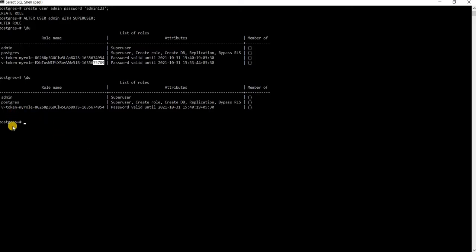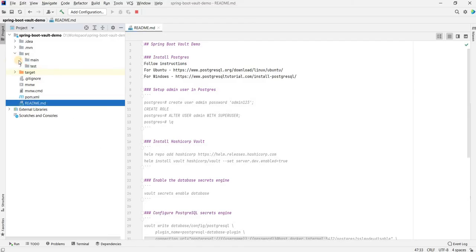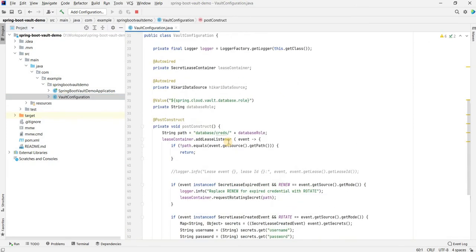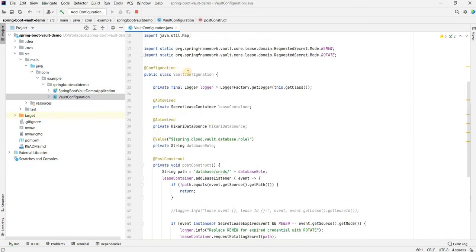Now, you might wonder if the user gets deleted from the Postgres, how will it get rotated when the actual app runs? So that's where this Java class named VaultConfiguration comes into the picture. If you see, it's annotated with @Configuration.